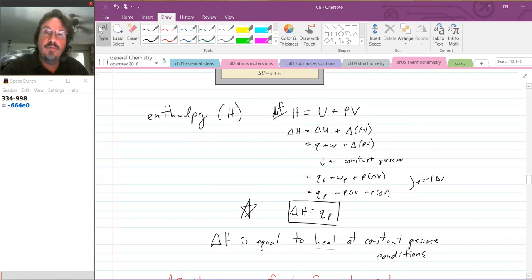Enthalpy is another type of energy we can talk about that a system might have. Enthalpy is defined as U plus PV. That is the internal energy plus the pressure times the volume. Now, we haven't talked about gases yet, right? But PV, we'll see in upcoming chapters, is the pressure and the volume of a gas. And if it changes, so change in U plus the change in PV, then that means either the pressure or the volume of that gas is changing. Maybe it's getting bigger, maybe it's getting smaller.